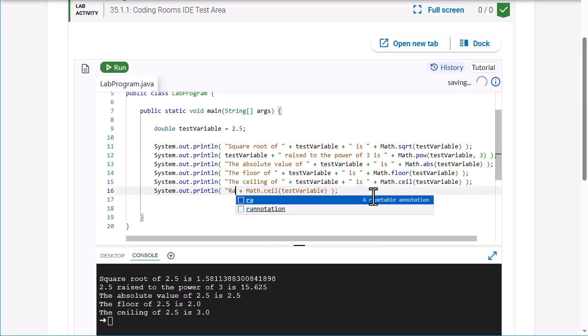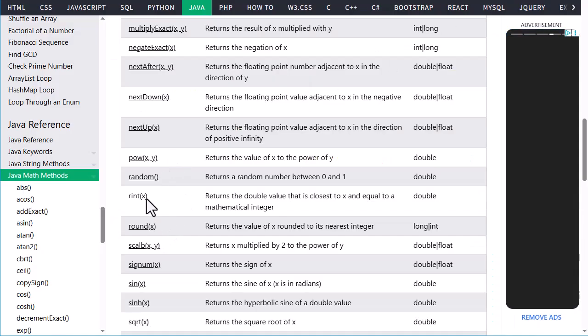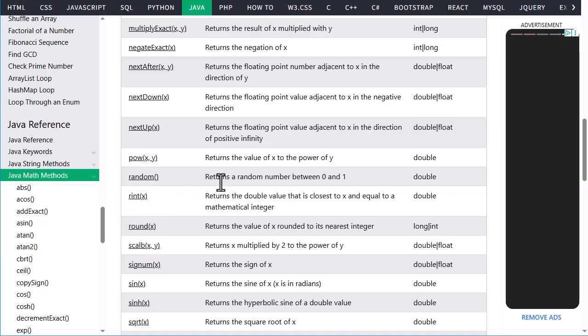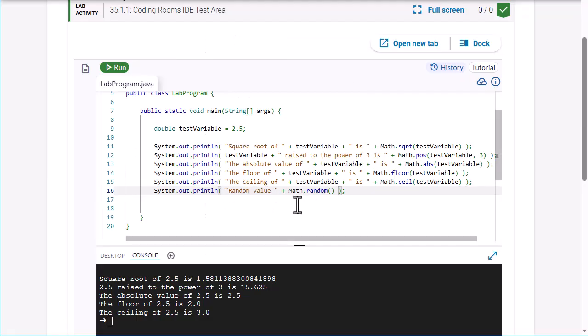And we'll give it random value. And we'll do math.random. And you'll note that random does not take any parameters. So when I look over here, random takes no parameters, and it returns a random number between 0 and 1. It's a double value. So if I run this,